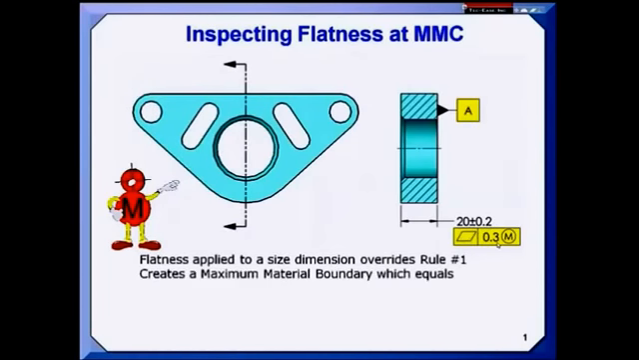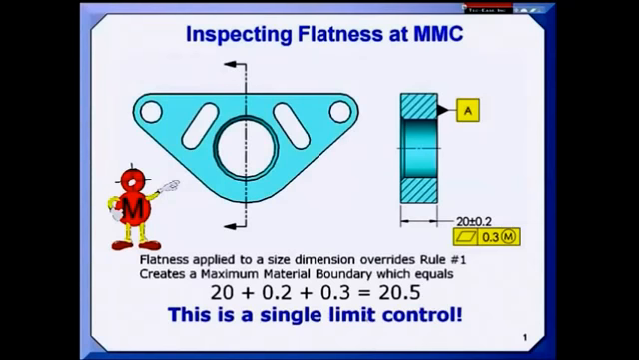That creates a maximum material boundary, which is equal to the largest size plus the 0.3 flatness tolerance, which gives us an envelope of 20.5. So we just overrode Rule 1. We don't have to fit through that slot at 20.2 anymore. We have a new slot that's at 20.5. This becomes a single limit control. In other words, the only thing you have to do to check this flatness is make sure you don't violate